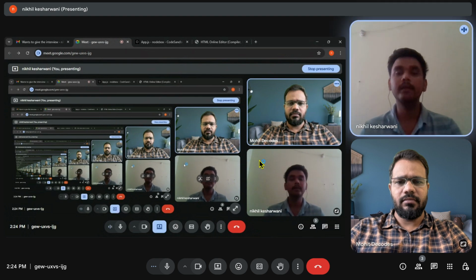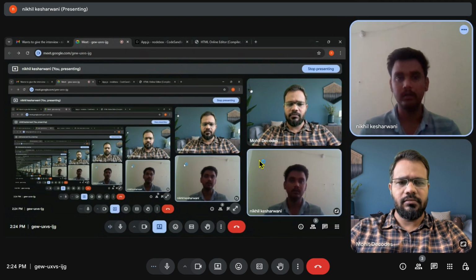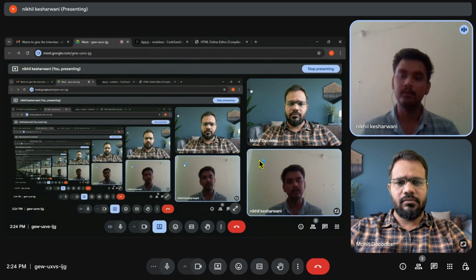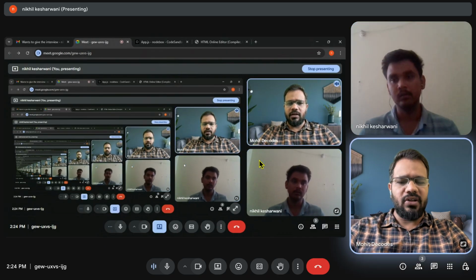So link is basically used to link your style.css, basically CSS files, in your HTML, and the script tag is for linking your JavaScript file into your HTML. Okay. Have you heard about accessibility